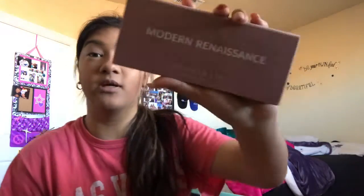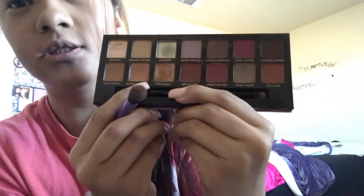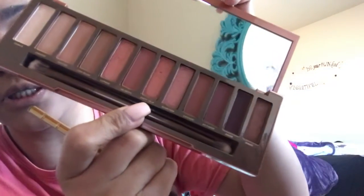All right, so I'm gonna move on to the Modern Renaissance palette first, and then I'm gonna take the transition color. So for my transition color, I'm gonna take raw sienna and burnt orange together and put it in my crease. So now I'm gonna go in with Hello Below in the Urban Decay Naked Heat palette. Alright, so now I'm gonna apply Dirty Talk in the same palette, which is this one, Dirty Talk right here, and put it